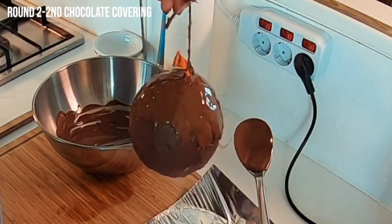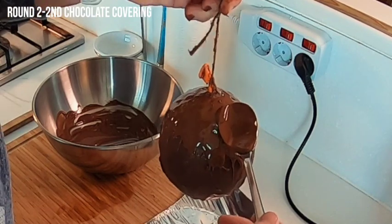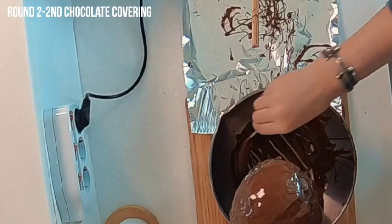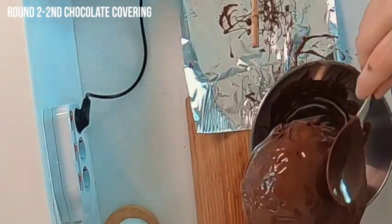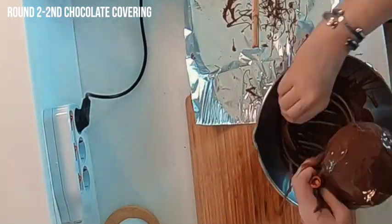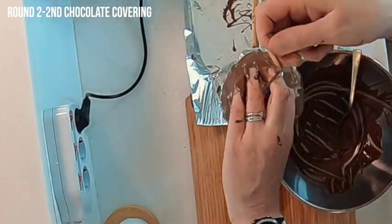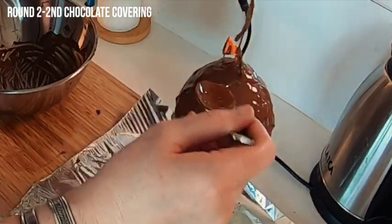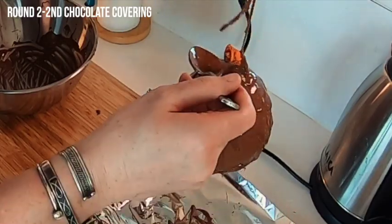So when you do this, I highly recommend you hold the top first, work on the bottom, then hang up your balloon and finish with covering the top with chocolate. It will be a lot easier and a lot less messy. Once I finish covering the balloon, I allow it to dry in my conservatory area for an hour before moving